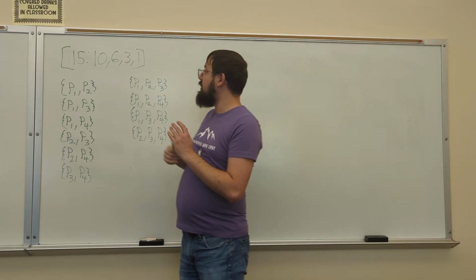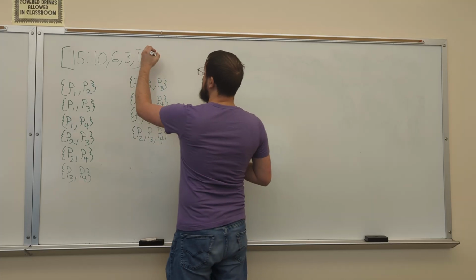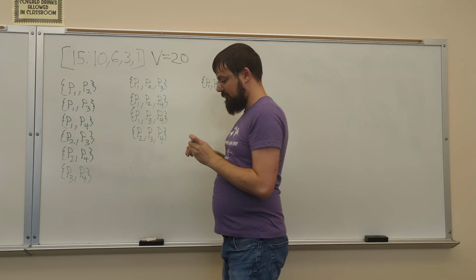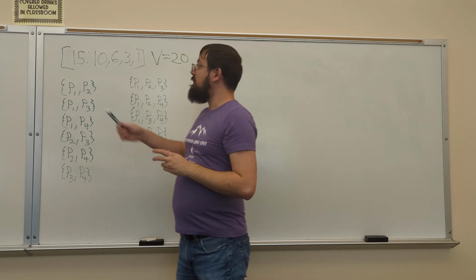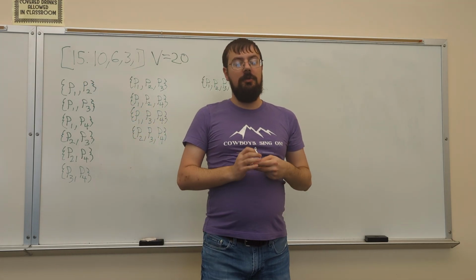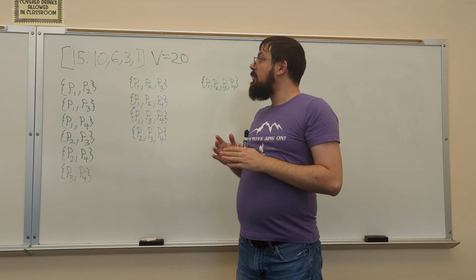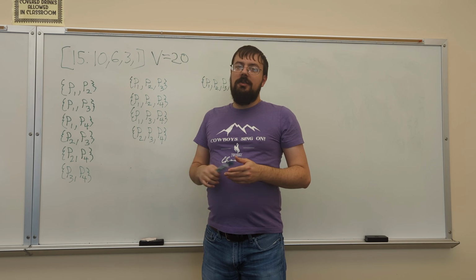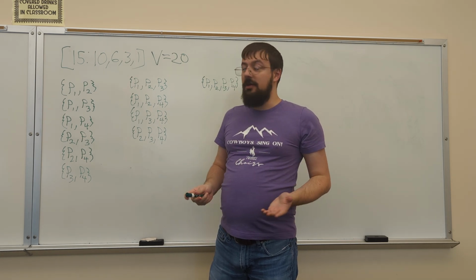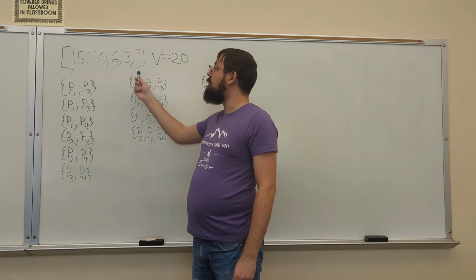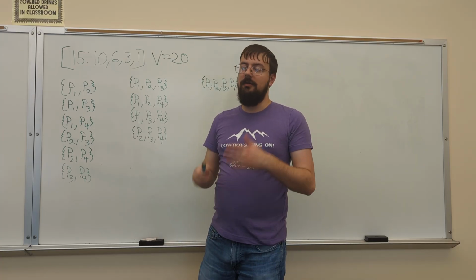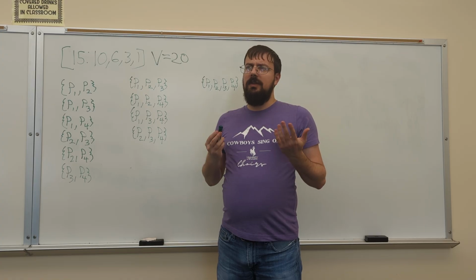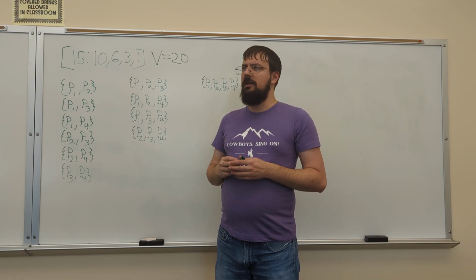So we have the weighted voting system where we have a total of V equals 20. And our quota is 15, so we need a 3/4 majority in order for a motion to pass. Now, one thing about this system is you will notice there are no dictators in this, meaning that none of our players have more votes than the quota. So this is an important feature when we're dealing with Banzhaf power,